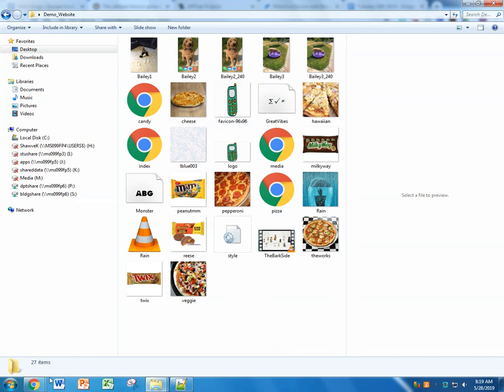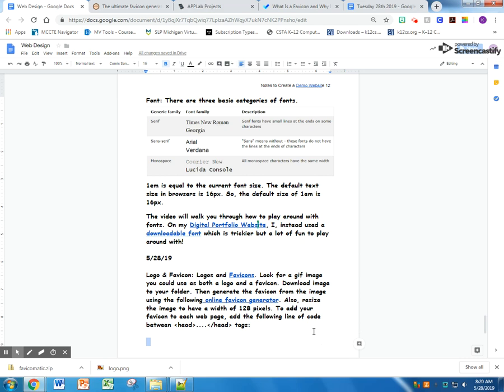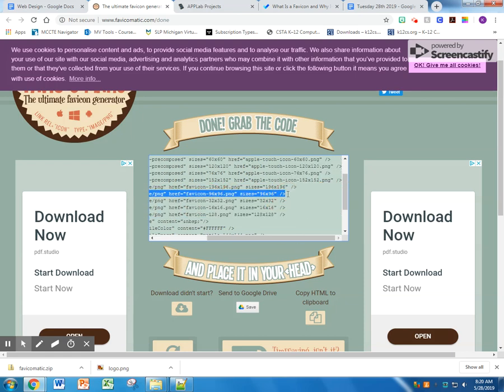And there it is. Now all you need to do is steal one of these lines of code. So I say, we'll resize the image in a second, but I want to go ahead and get the favicon working up on the tab. To add your favicon to each web page, add the following line of code between the head and /head tags. So they've given you the line of code that we want you to use. So you just have to scroll through here, look for the one that matches the file name that we grabbed, Favicon 96 by 96. You need to grab just that line of code. So go ahead, grab just that one, copy it,